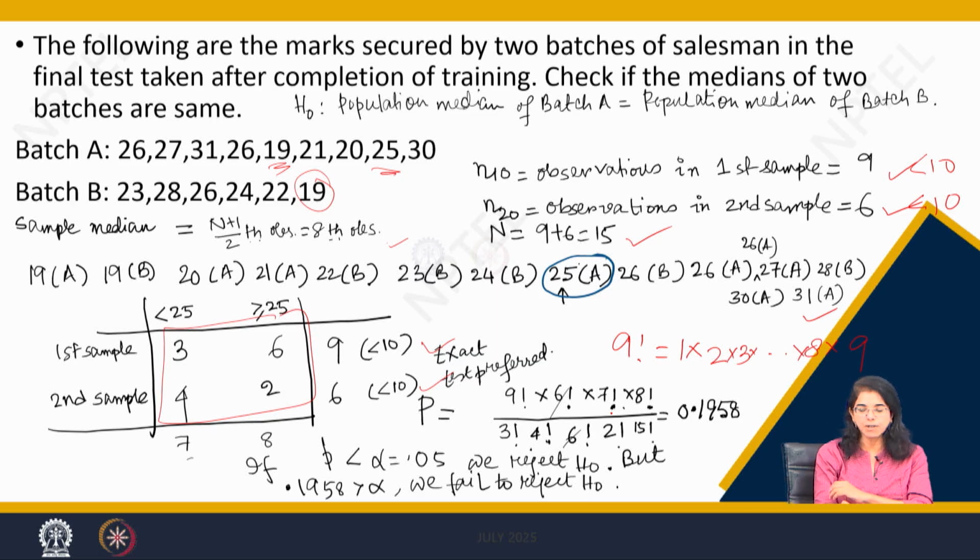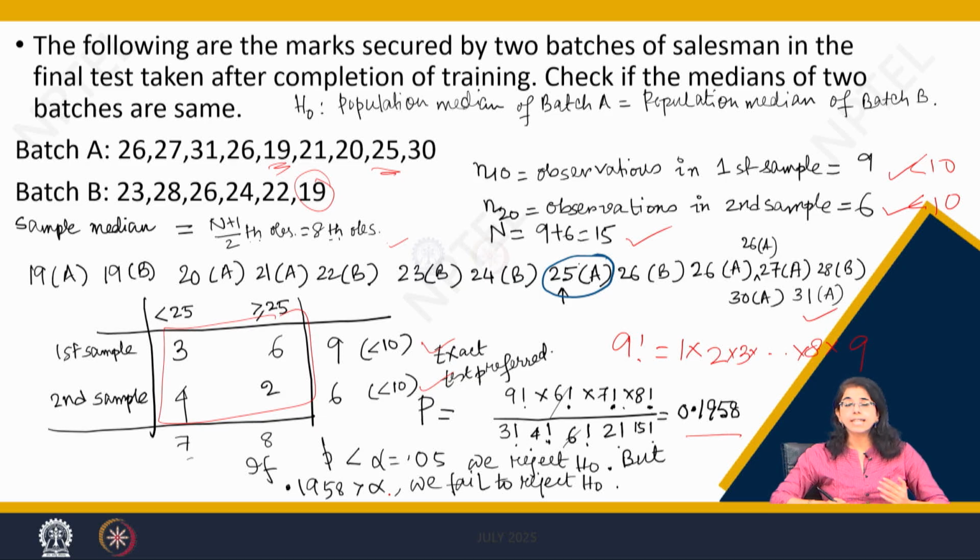What will be left over? 6, 5, 6 and 7. So the computational labor is not that much strong. Okay, so P, probability, comes out as 0.1958, and if you fix your alpha equal to 0.05, even though I am writing here alpha as 0.05, mostly while dealing with this type of small data,